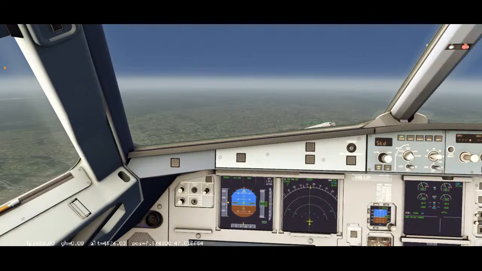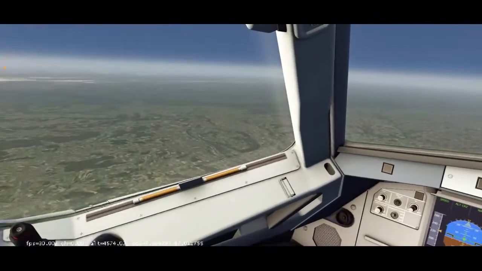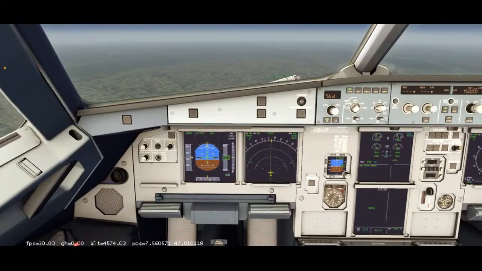In case of emergency, ETP is like, it will be the same time to destination or airport, even if you... Oh, okay, awesome. That's good to know. Okay. Wow, this is really realistic.